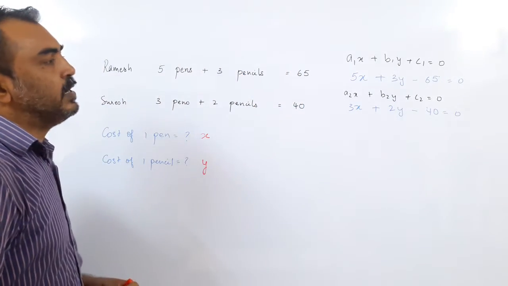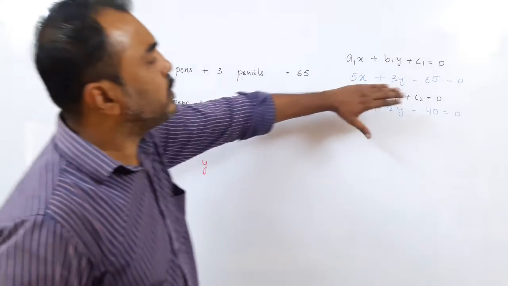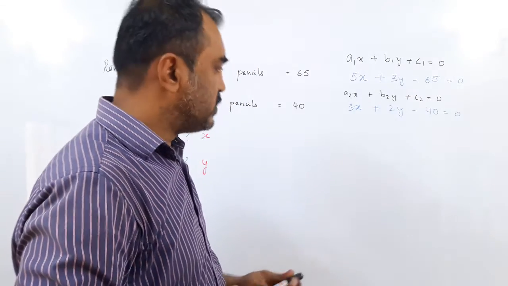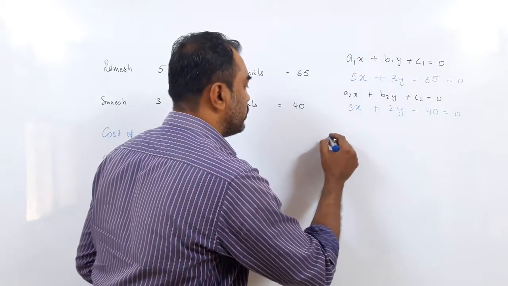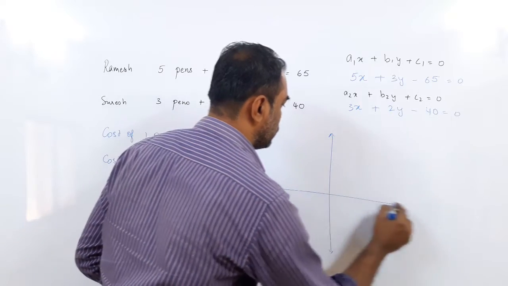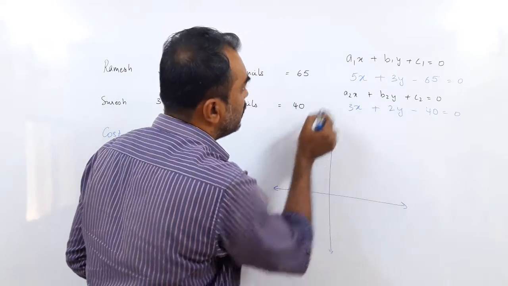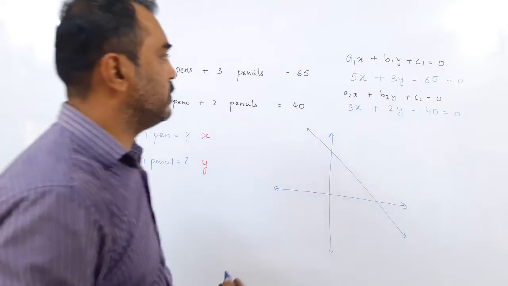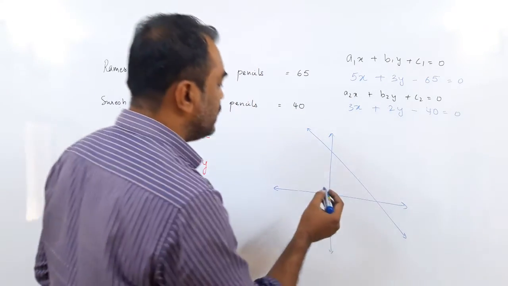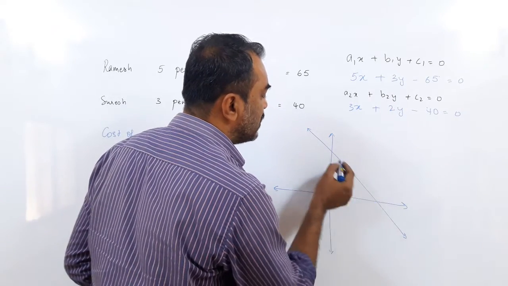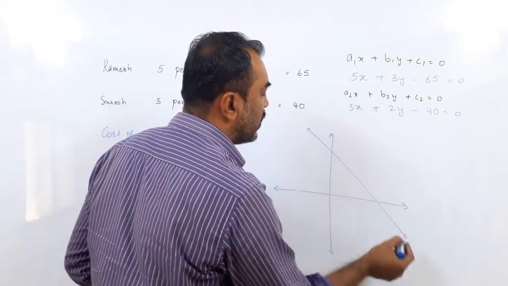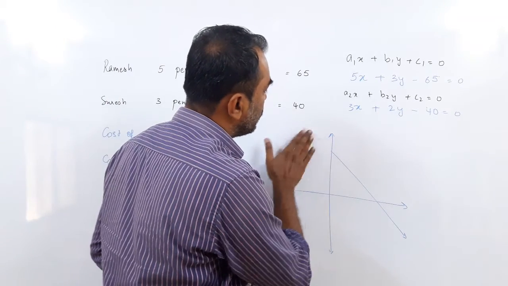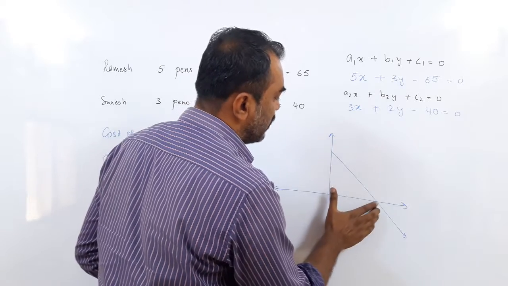Now what I am trying to tell you, and you have to understand, suppose I got only one equation. Okay? This equation would make a line. So when I plot the graph, let us say it makes a line like this. There is a line. Now you can see when the value of x keeps on changing, the value of y keeps on changing, there are infinite possibilities. But we will not go here. Okay? And will not go here.